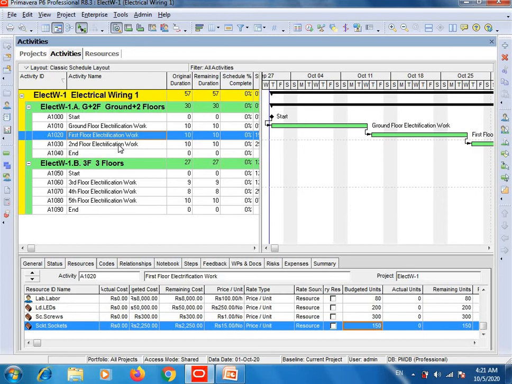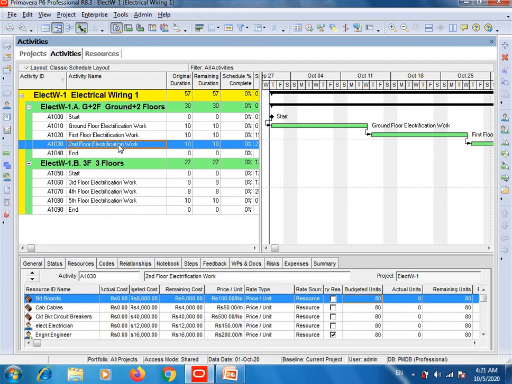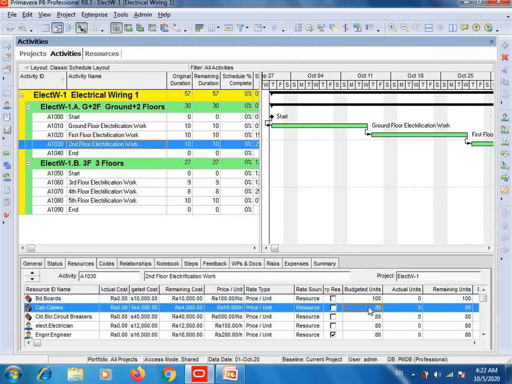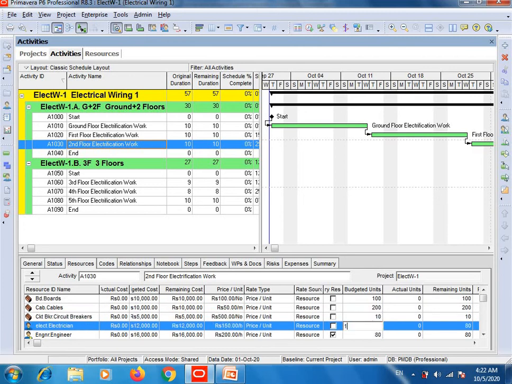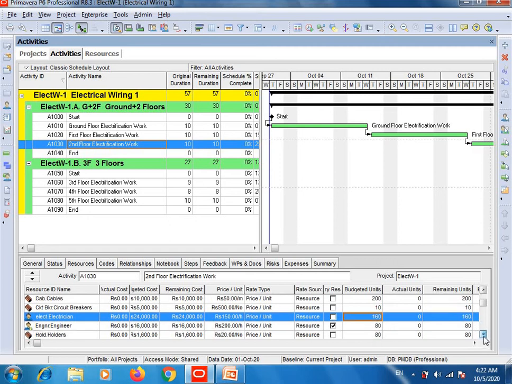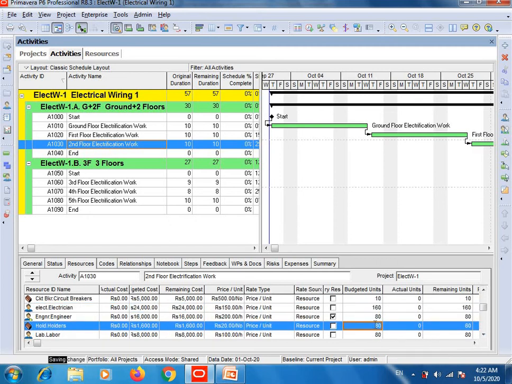Then second floor electrification work. This activity will also take 10 days. So boards, for example 100 boards will be required. Cable 200 meters, 10 circuit breakers. Electrician, 160 for the 2 electricians required. 1 engineer is enough. 200 holders, 1 labor is enough.